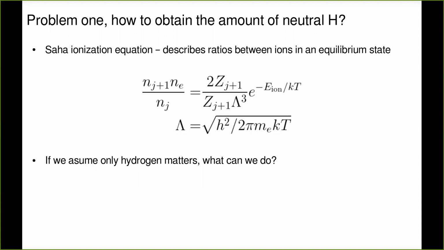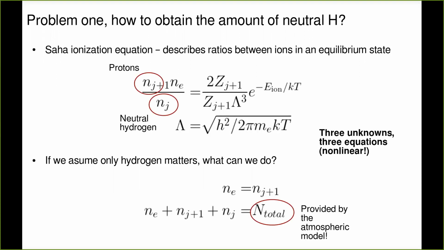And then we said at the beginning that another quantity that is given to us is total particle density, and that's the sum of all these three things. So when we add these two more equations, we have that electron number density and proton number density are the same, and the sum of all three densities is our total density. So we have three equations, three unknowns, but the system is non-linear. So even for a simple puny atom of hydrogen, which only has two ionization stages, the problem is already non-linear.